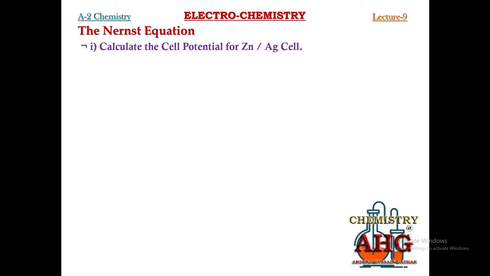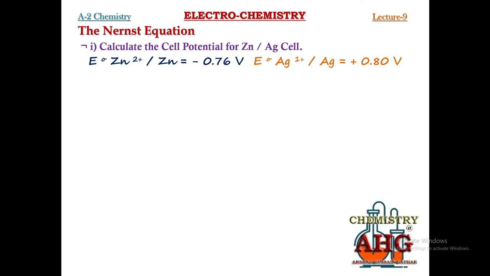First of all, let's calculate the cell potential. Whenever you want to calculate cell potential, first of all, from the data booklet or otherwise, this information may be given in the question, you will have to find the electrode potential of each half cell. For example, for zinc, the standard electrode potential is negative 0.76 volt, and for the silver half cell the standard reduction potential is positive 0.80 volt. So this information is either given in the question or you can copy it from the data booklet.